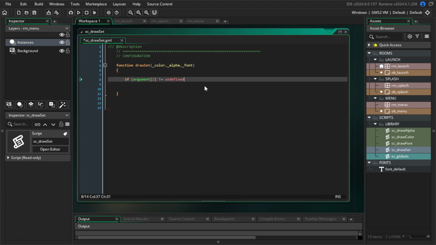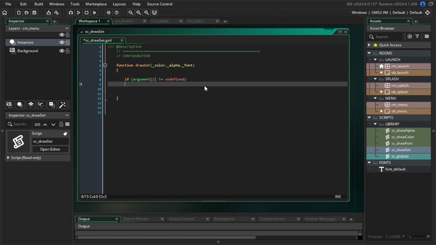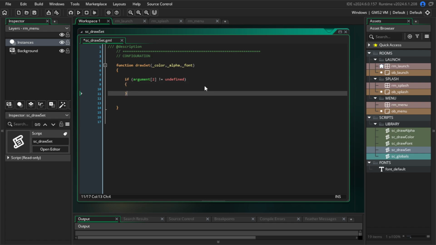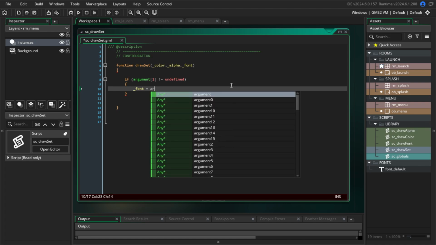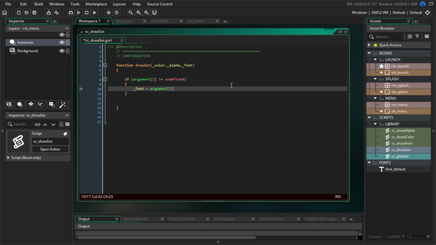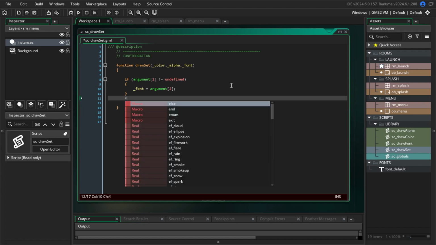So this way I can leave off the font if I want. Font equals argument 2. Else